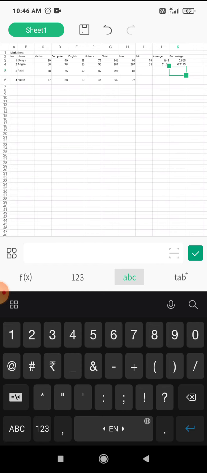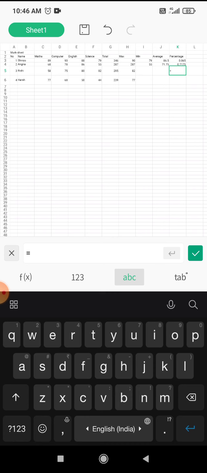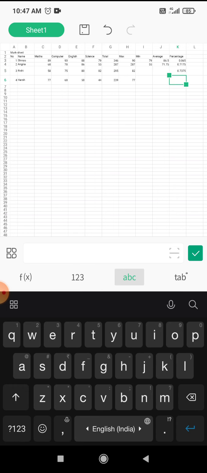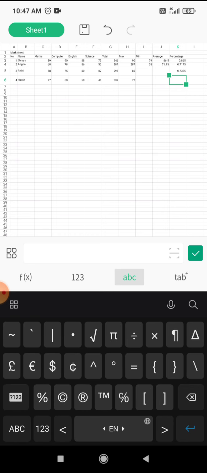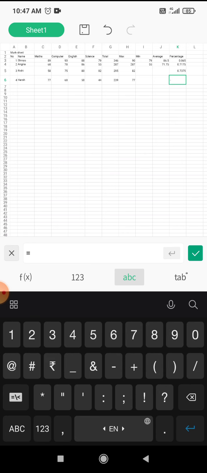Again, I will explain how you can do the percentage. Equals to, first you have to write down the total, which is 295 dividing by 400, enter, which is very easy. Equals to 239 dividing by 400, enter.